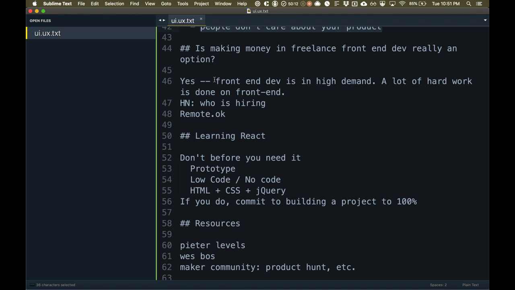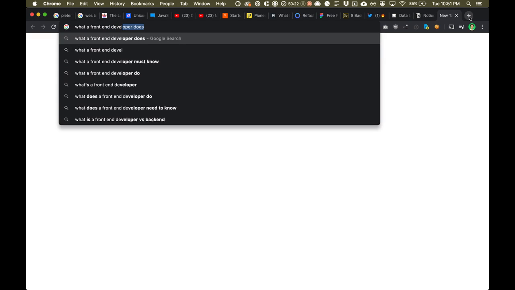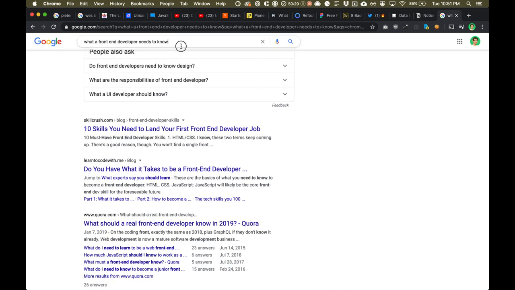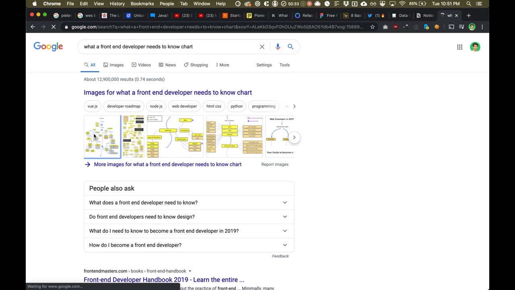Front end development is actually one of the hardest pieces of the puzzle these days. So if you search for what a front end developer needs to know, I think there's a really complex chart for this. But yeah, let's just look at this.